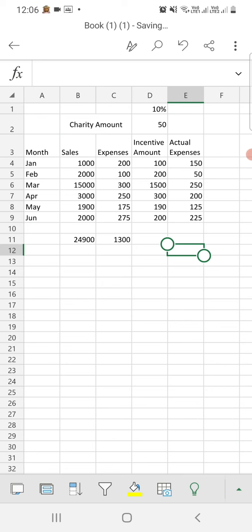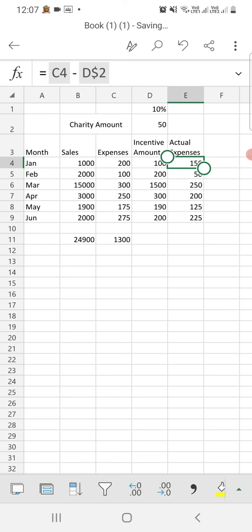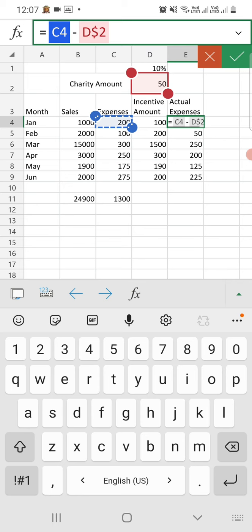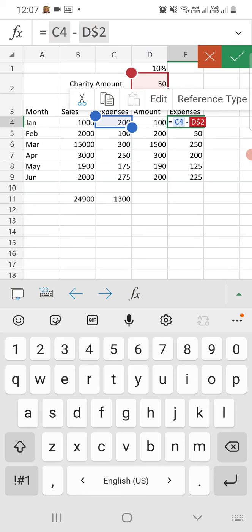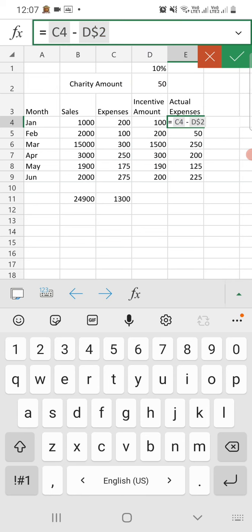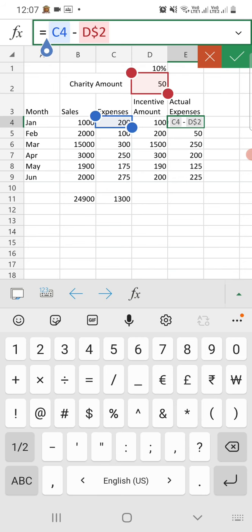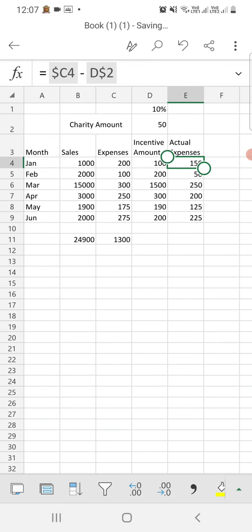We have the values that we have calculated by using the mixed reference of column, where we use the formula $C4 minus D$2.